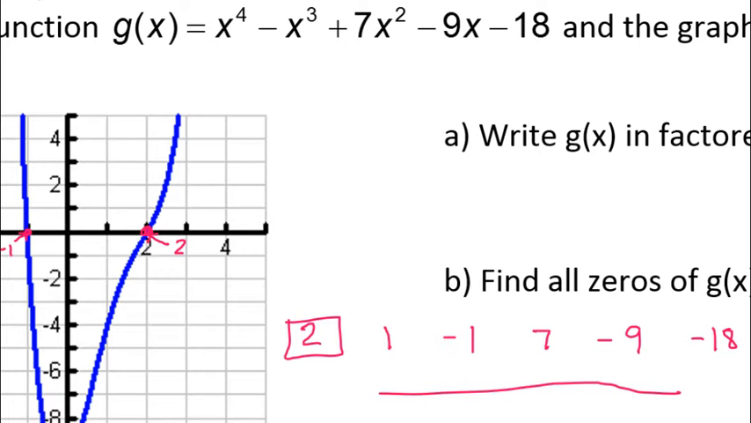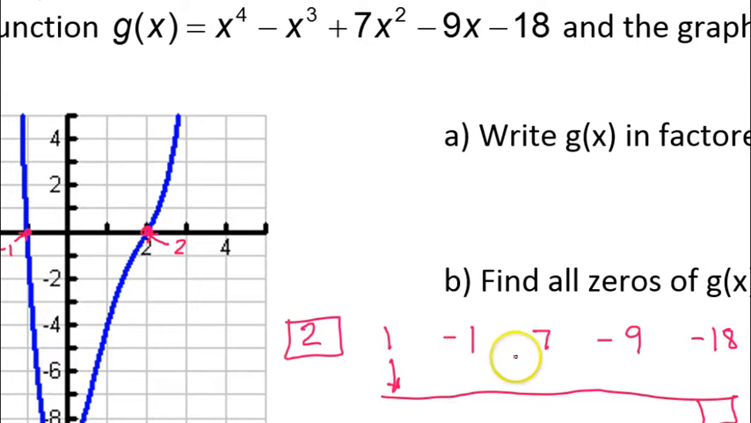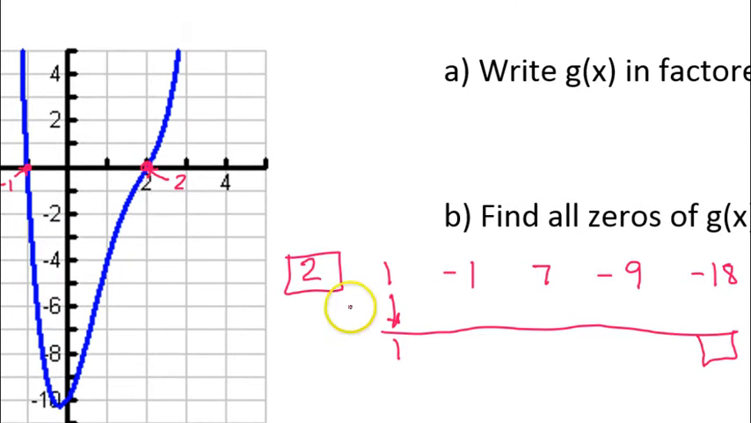Okay, so here I go. If I bring down this 1, 1 times 2 is 2. Add these, I get 1. 1 times 2 is 2. Add these, I get 9. 9 times 2 is 18. Add these, I get 9. 9 times 2 is 18. Add those, I get 0. Okay,